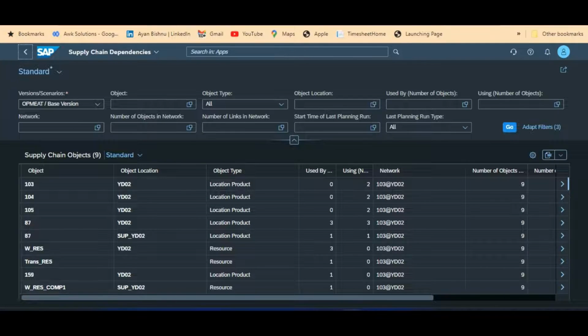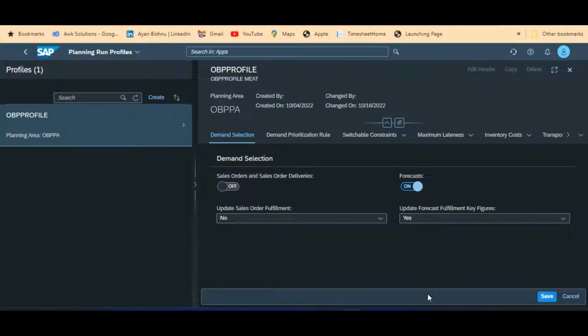Now, moving on to creation of planning run profiles. What is a planning run profile?